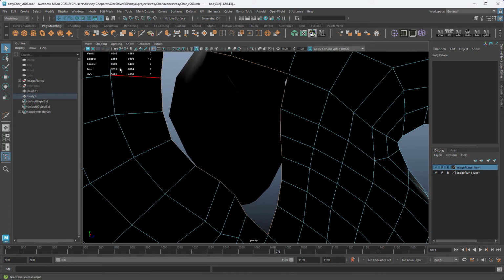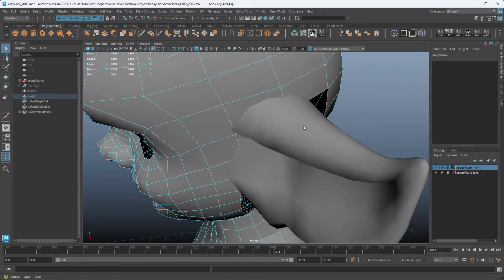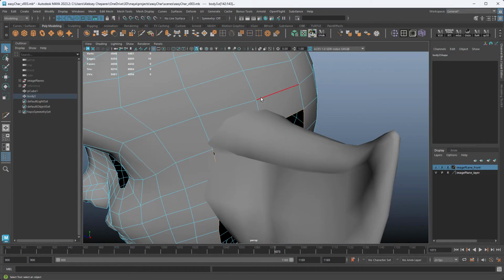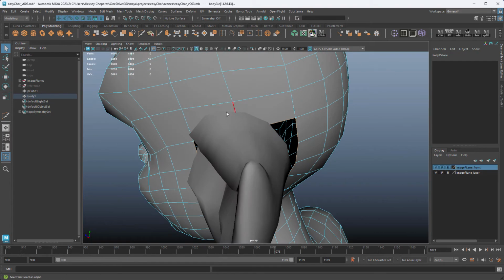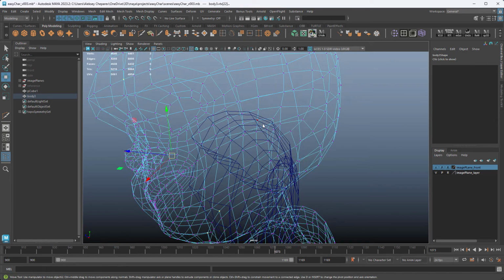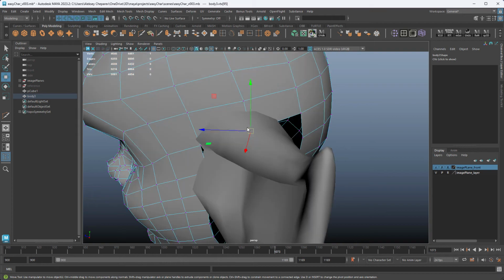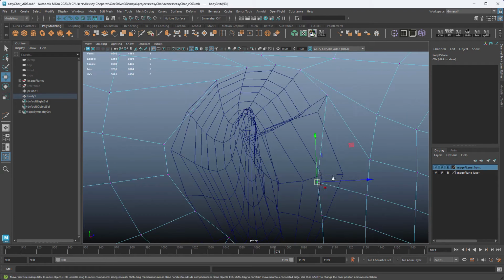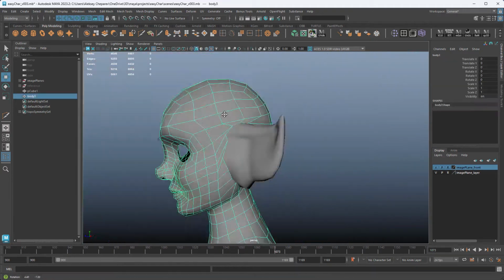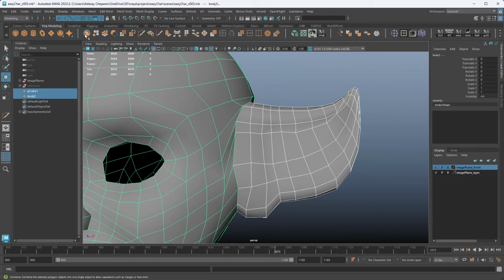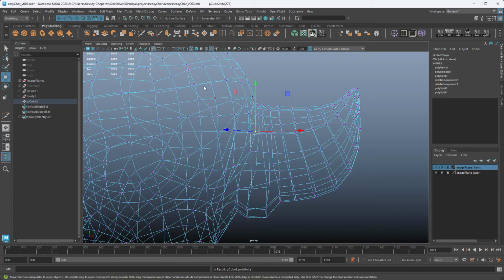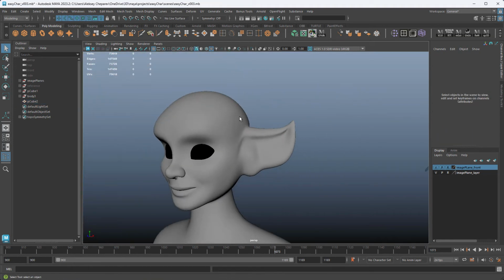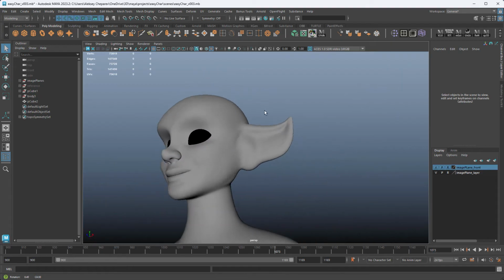Now this hole is 16 edges, and so is the ear. Now you can see it's not matching up here, it's really low, and that's fine. We don't really care. We're just going to select this vertex and start snapping. So I'm going to select the head, the ear, combine, select these vertices, and merge them. So right away, it looks like this.